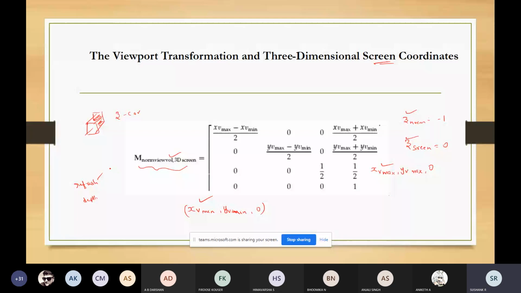And the depth buffer contains the depth value for each screen position. So we have two buffers: one is the refresh buffer, and the other is the depth buffer, when you are talking about three-dimensional screen coordinates.